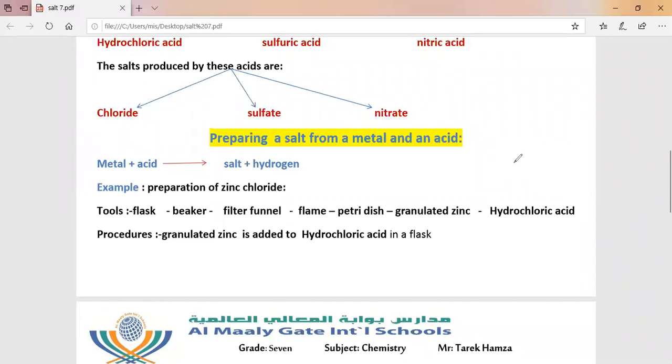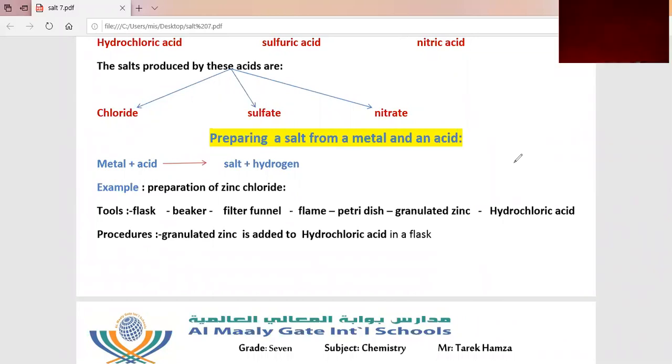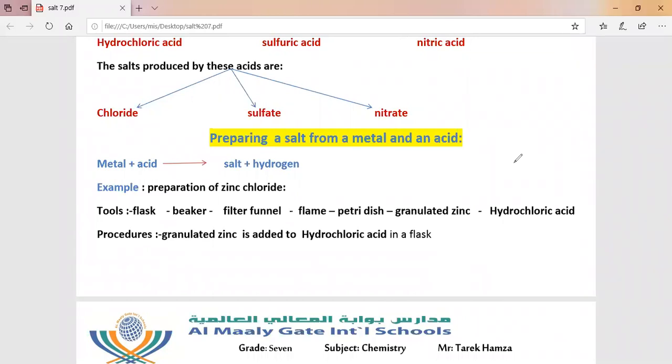Preparation of zinc chloride. Tools: flask, beaker, filter funnel, flame, petri dish, granulated zinc, and hydrochloric acid. The procedures: number one,